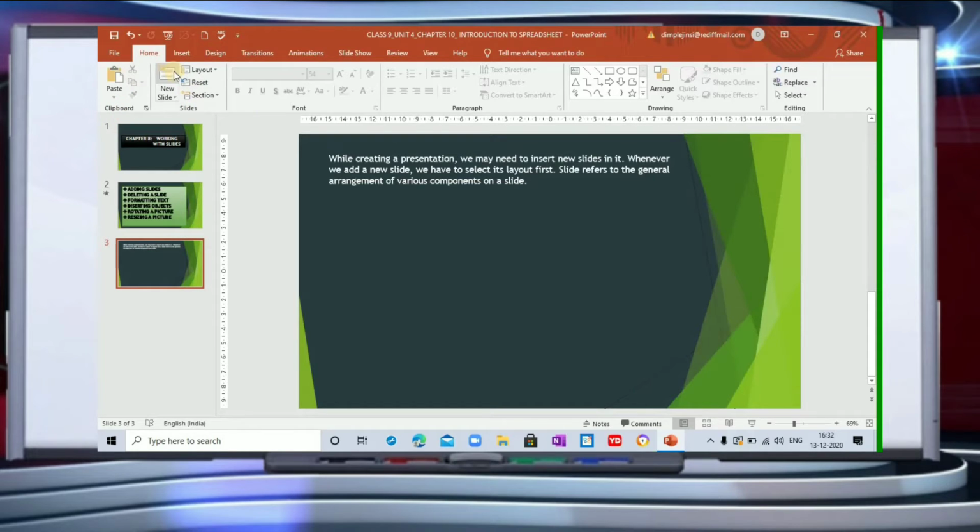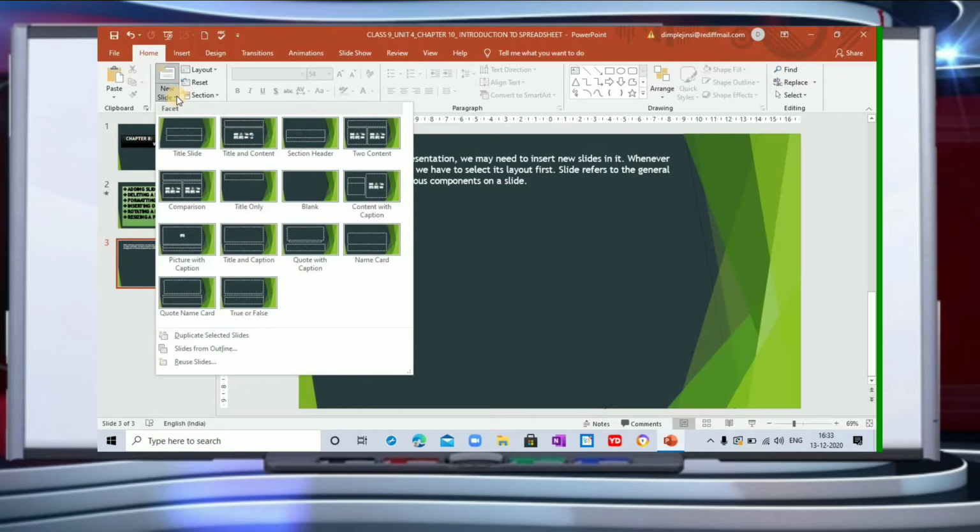So this is the home tab that we have already here, and in the home tab you have the new slide option. You can go here, or you can use a shortcut key for this, that is Ctrl+N, to get a new slide directly in a presentation. If you click here, you will find so many options. These are the different layouts for your presentation. If you have to create a new slide in a presentation, there are different layouts for your slides, for the pages. So whichever layout you want, you can just take it from here.